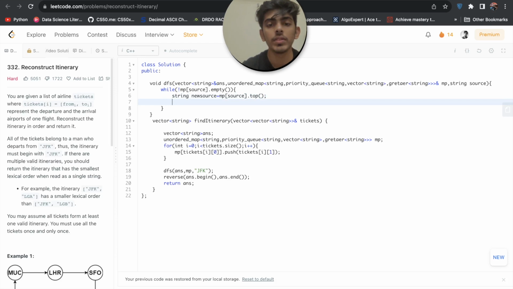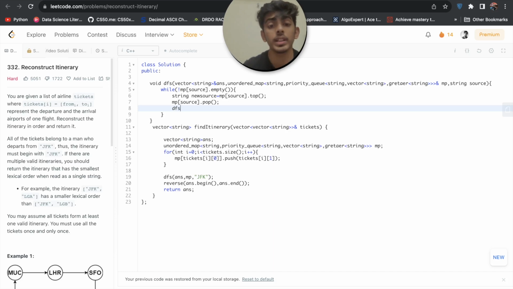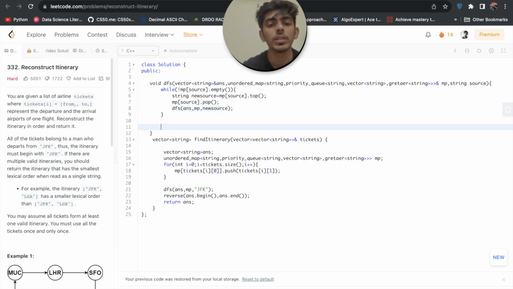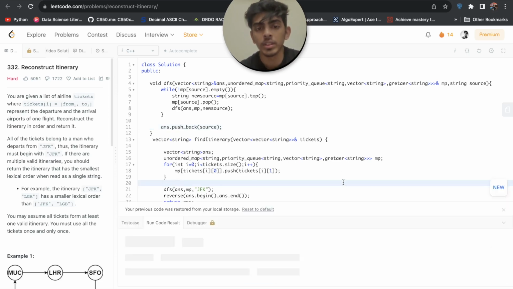After that, since we have stored it, now we can simply pop this out, pop. After that we make a DFS call on answer comma map comma new source, right? After that in our answer vector we have to push our source, right? I hope this will run.